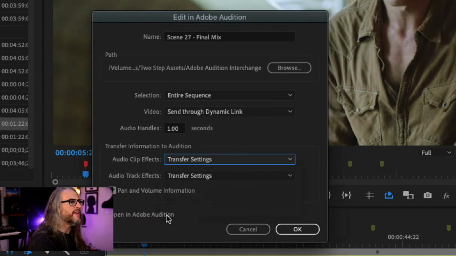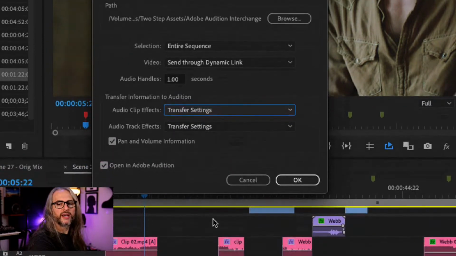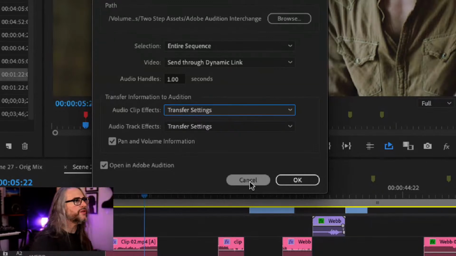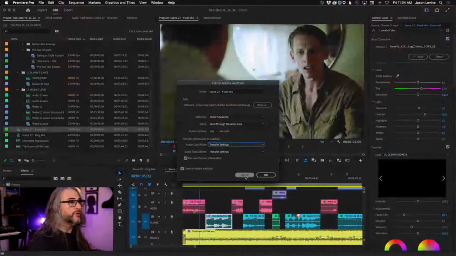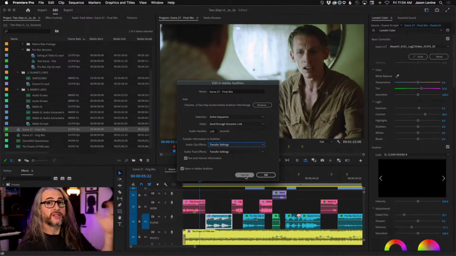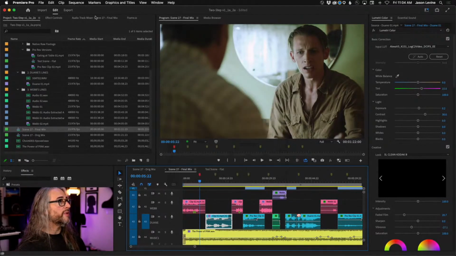Same with audio track effects, pan and volume, and then open the whole thing in Audition if you so desire. This is particularly useful, again, because if you're doing stuff with Essential Sound like we did here, anything that you've done in Essential Sound will translate over to Audition as well. So you don't lose any of the work that you've already done, including any work that you may have done